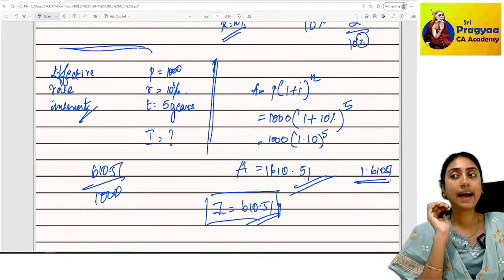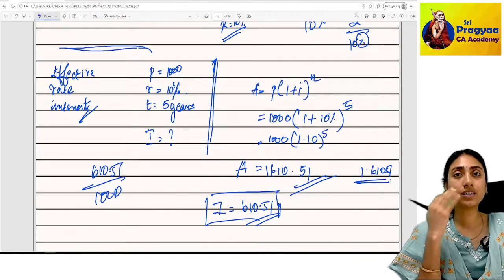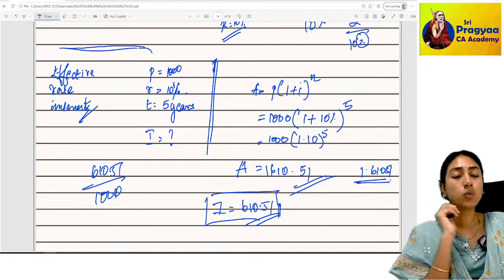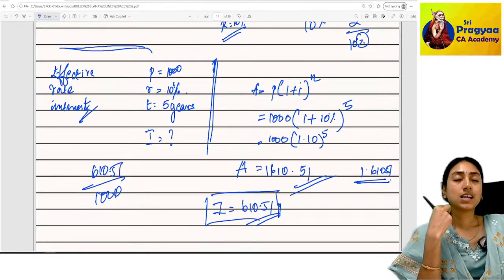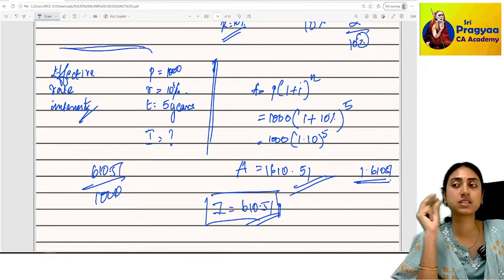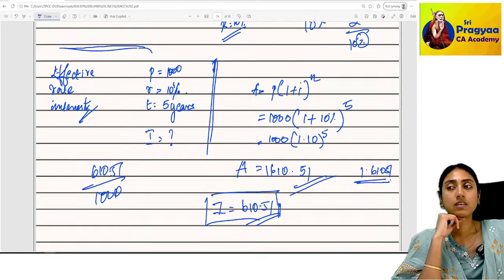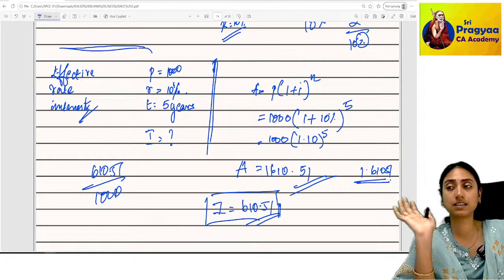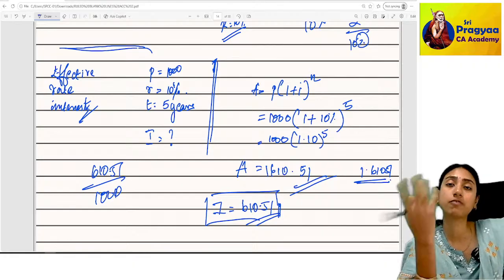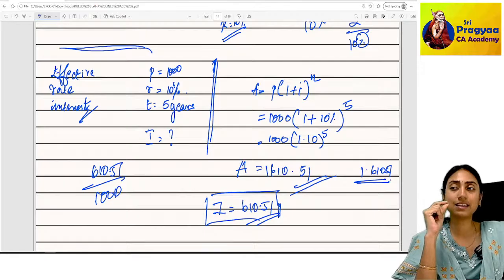No, because it is compounded annually, I have earned an interest of 610.51 rupees. Which in turn means my rate of interest is not 10%, because 10% into 5 is 600, correct? But I have not earned 600. I have earned 610.51, which means my interest rate is not 10%, it is slightly